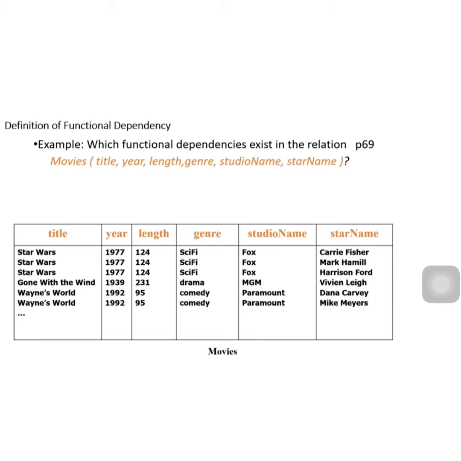Let's take a look at this example. This is an example in our book, and if you want, you can read this part on page 69 in our book. Firstly, let me introduce the meaning of the attributes in this relation. Title, the title of the movie. Year, the year the movie was